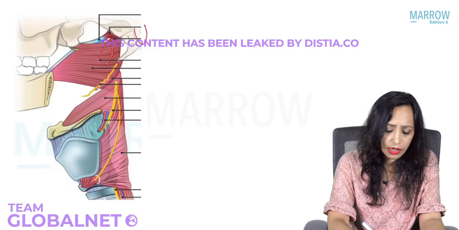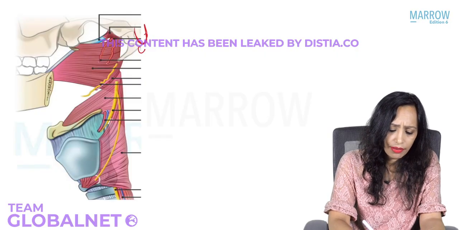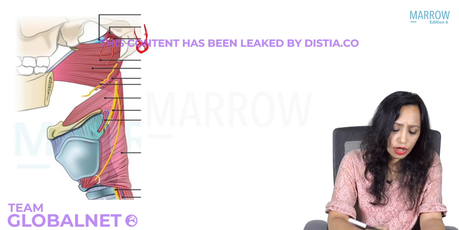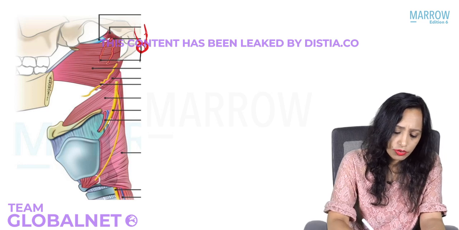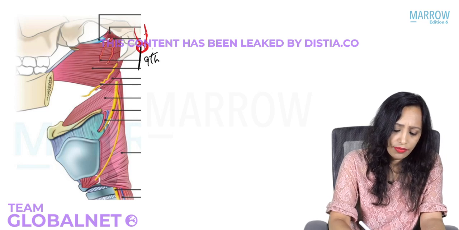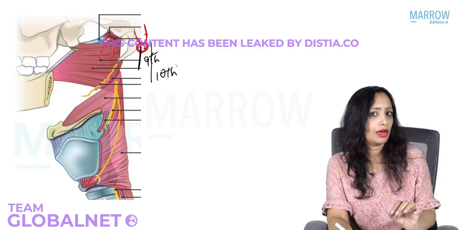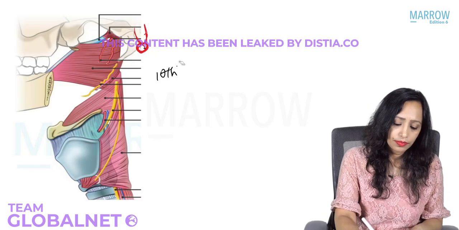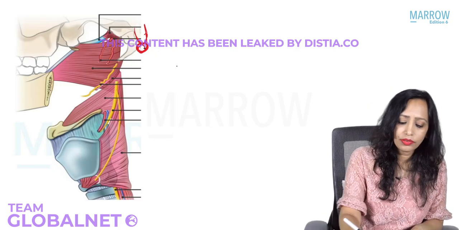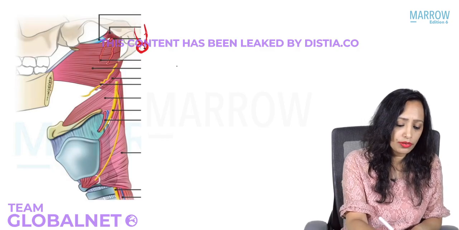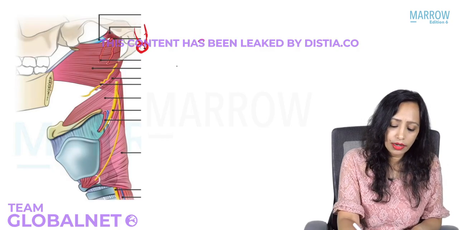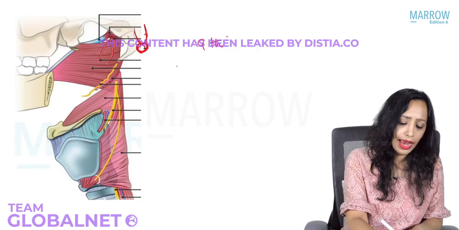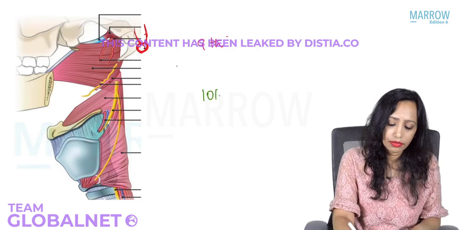So we have the ear here. Below that, we have the jugular foramen. Yes, so from the jugular foramen are coming out the nerves. Which nerves? The 9th nerve, and we have the 10th nerve, right? So the 9th and the 10th are the ones that give branches to the pharynx. So here we know that the nerves that supply the pharynx are two nerves. Which two nerves? The 9th nerve and we have the 10th nerve, right?